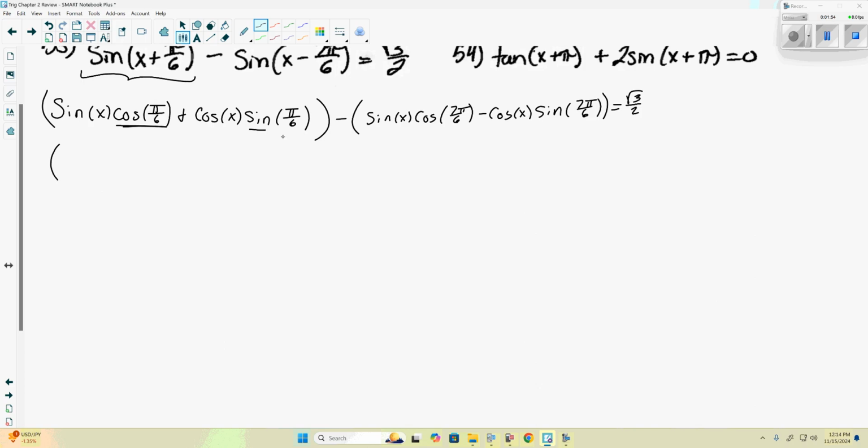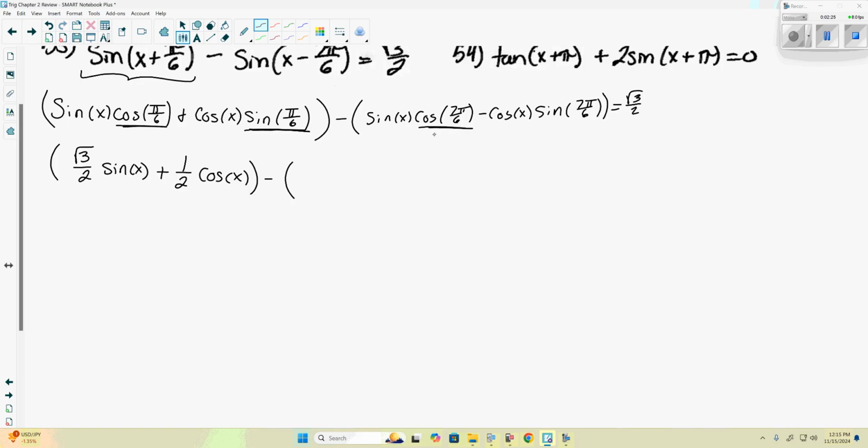Now we can do some simplifying. And in the first one, we have cosine of pi over 6. That has a specific value. Cosine of pi over 6 is square root 3 over 2. So we have square root 3 over 2 times sine of x. Plus, sine of pi over 6 is 1/2. So we have square root 3 over 2 sine of x plus 1/2 cosine of x minus